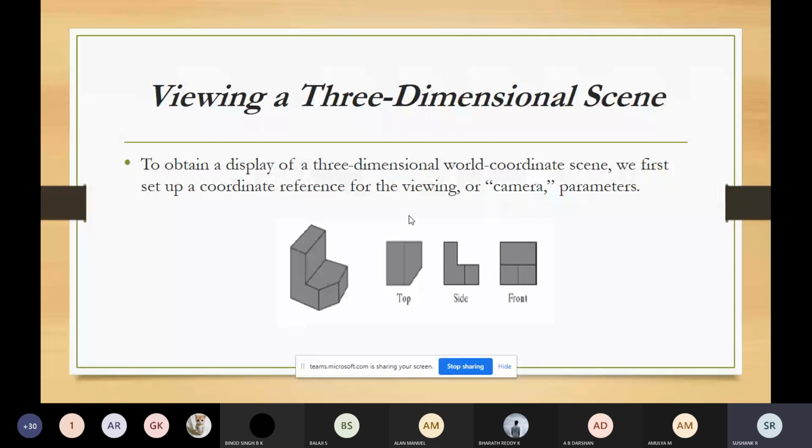One method for getting the description of the solid object onto the view plane is to project points on the object surface along parallel lines. This we will call parallel projection. You would have implemented this in CAD. If you remember the drawings you were doing on a sheet of paper, you would take some reference point and draw lines parallel to each other, and at some point the lines would intersect, and there you would construct some object.